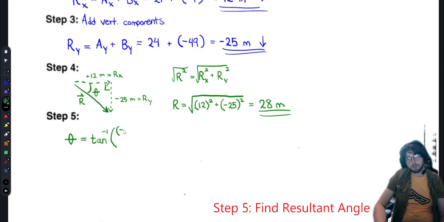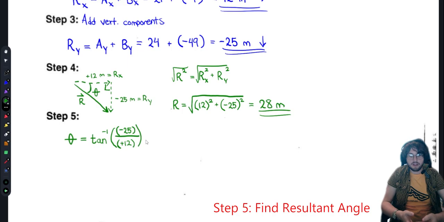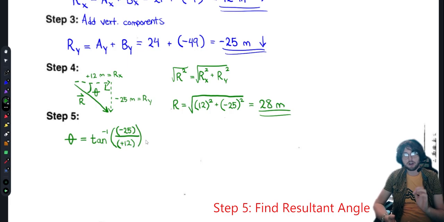So again, I'm going to use parentheses here. I'm going to say -25 divided by +12. You probably won't be able to enter the positive into your calculator, but the negative is important. Again, I want you to use parentheses when you're doing this, especially if you don't want to throw out the negative sign altogether, because this is what's going to help your calculator understand exactly which value is negative and which one is positive. Otherwise, it's not really going to know, and it's just going to throw out a guess. So if you do this, tan -1, -25 divided by +12,